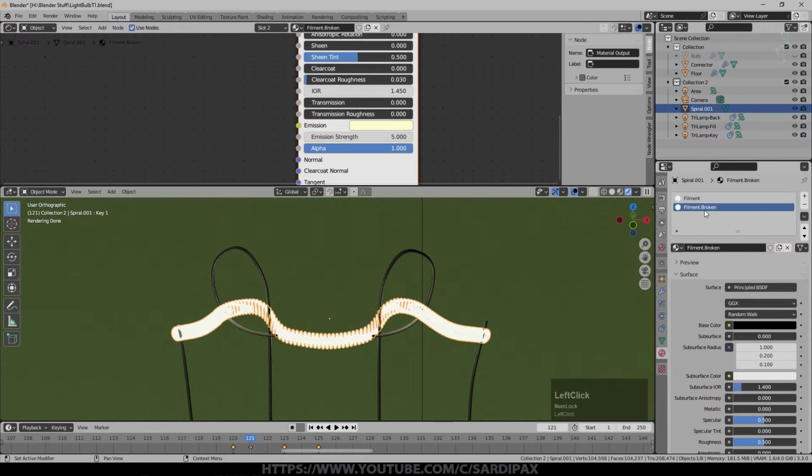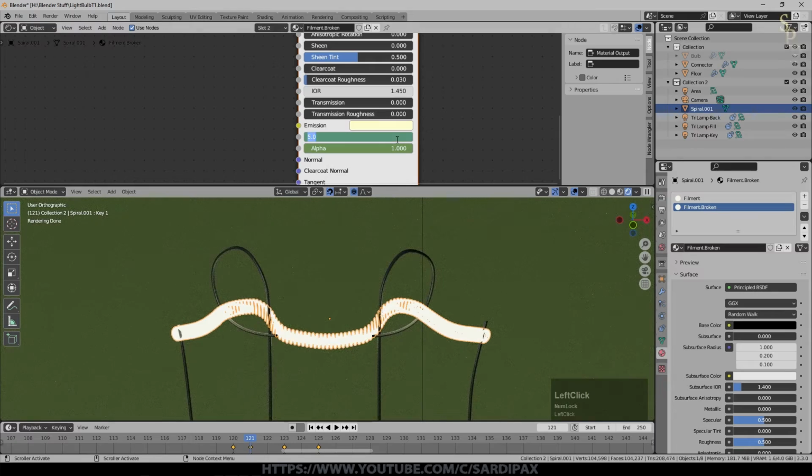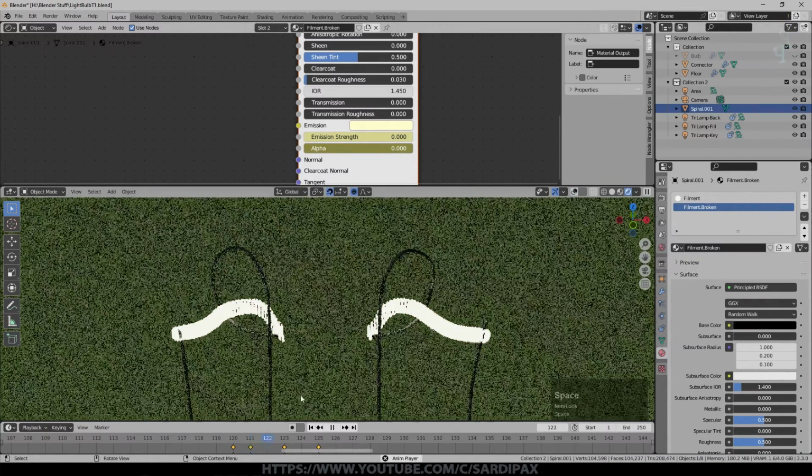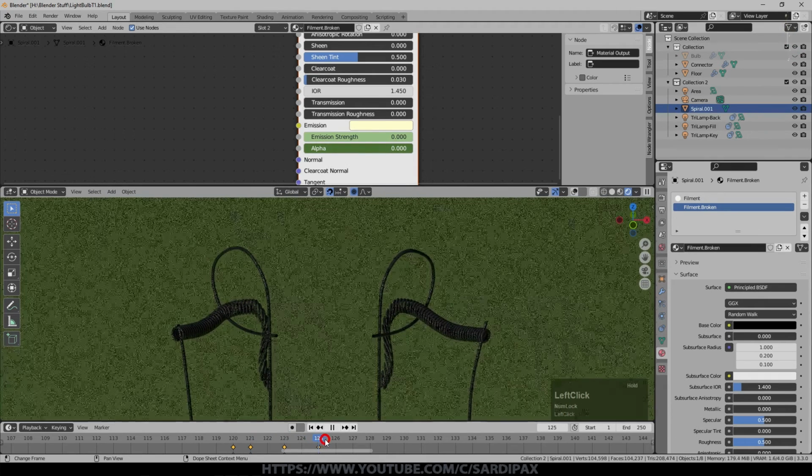So make sure I've got my broken filament selected. We'll go to 1 frame before. We'll keyframe emission strength and alpha. And we're going to do this one over just 1 frame. Part of the filament is essentially evaporating. We go to the next frame, set emission strength to 0, keyframe that, and alpha to 0. And keyframe that, and you can see the filament is now invisible, but we still get a little bit of movement still going on as these melting parts cool down.